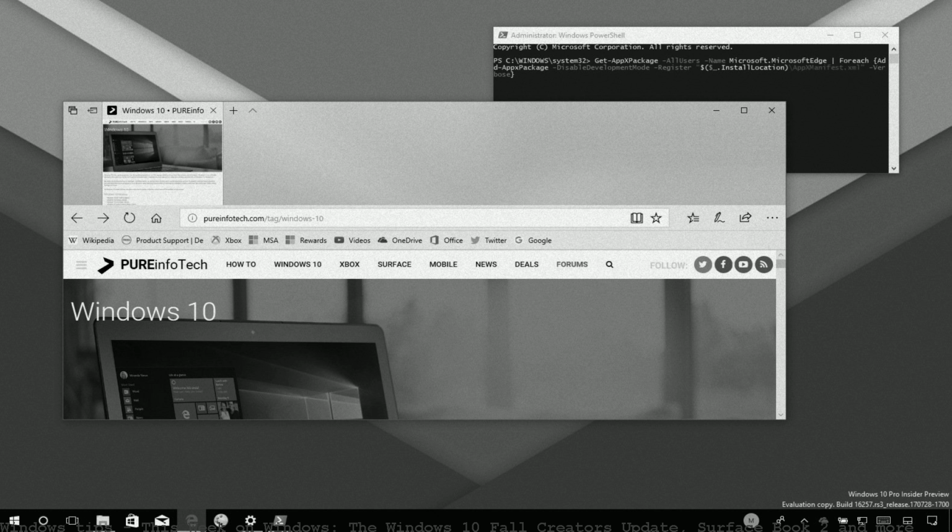This week on Windows, we're breaking down big Windows Fall Creators Update news. We're giving you tips to help you get the most out of Windows, and we've got